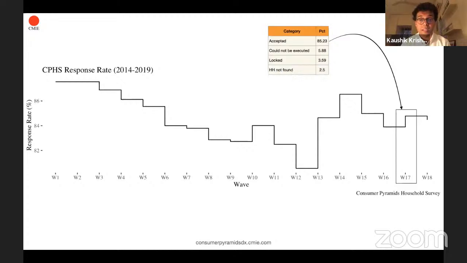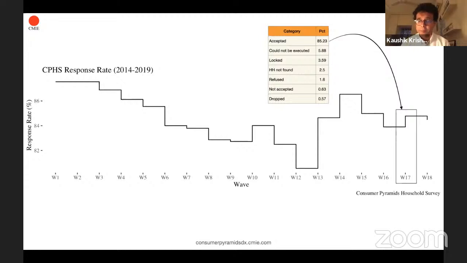That's about 3.6%. 2.5% of households were not found. 1.6% of households refused. 0.63% of households were surveyed, but the data was not accepted because it wasn't of high enough quality. And 0.57% of households were dropped. There's some small amount that's dropped every way. Like I mentioned to you, it can happen, for example, if a household is locked 3 times in 3 consecutive